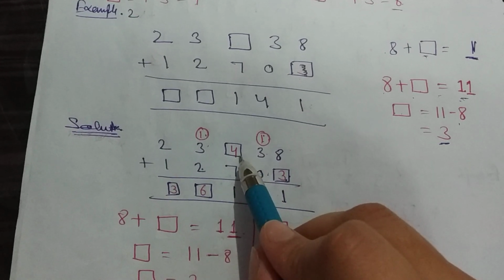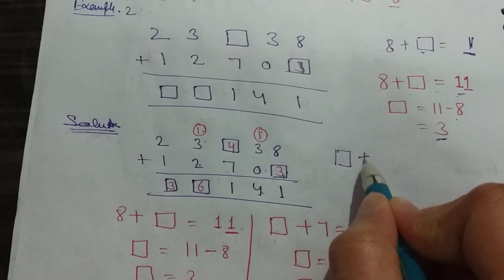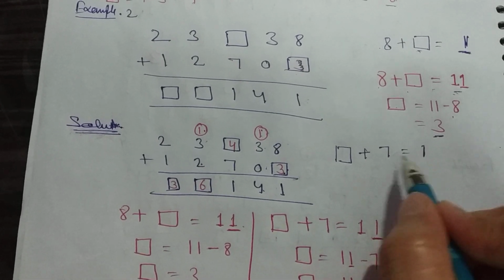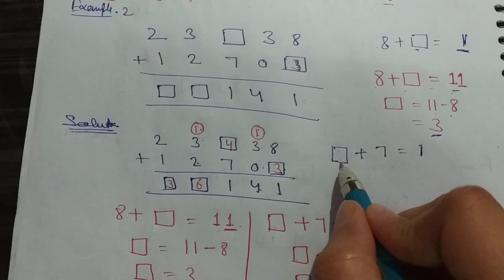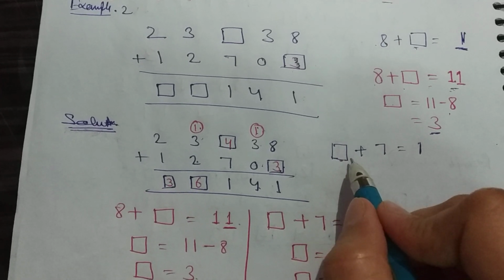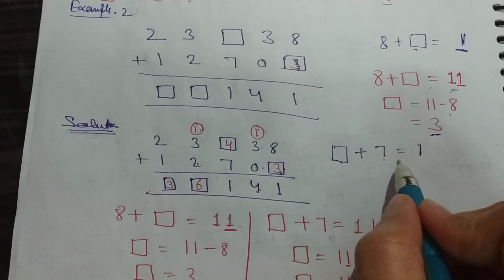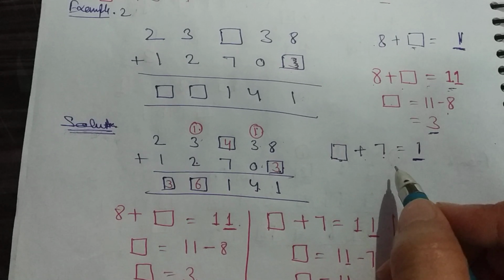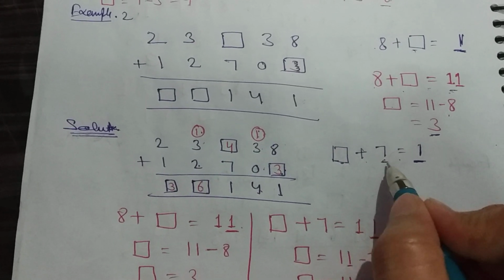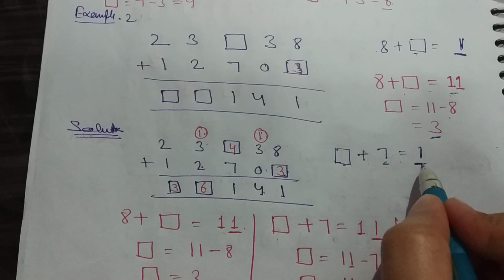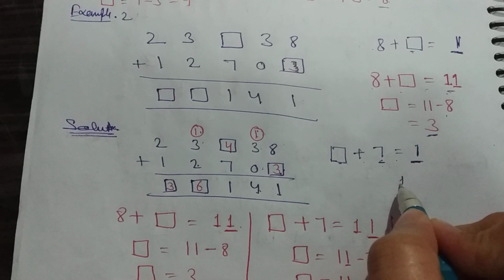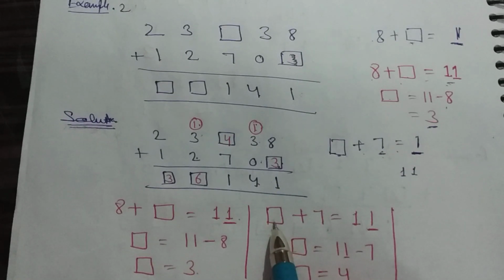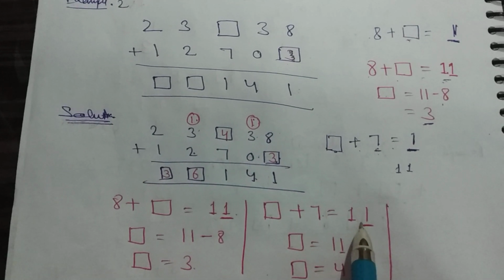Now the next is vacant place plus 7 is equal to 1. Now again we have to find a one digit number which we have to put here, and after adding 7 we get a number which is related to 1. Now again we have to find a 2-digit number near to 7 whose ones place value is 1, and I think it's again 11. So we can write addend 1 plus 7 is equal to 11.